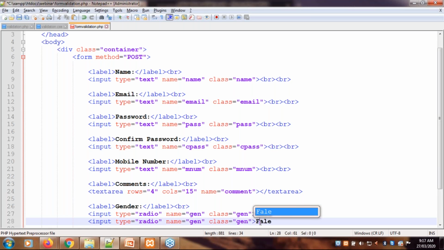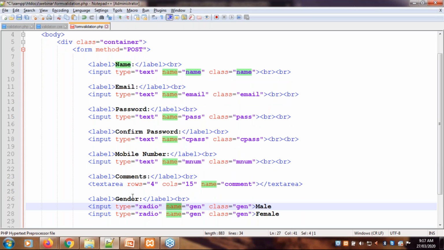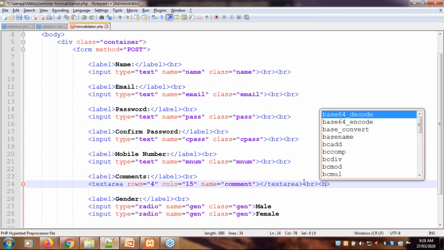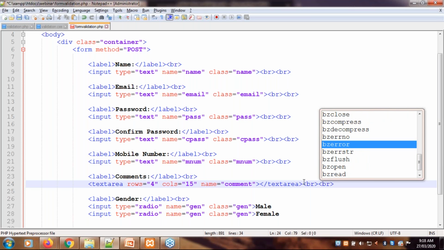Then the second one is also for gender, right? Now you can see that for a radio button we are using the same name for both inputs, so that we can check only one of the options.